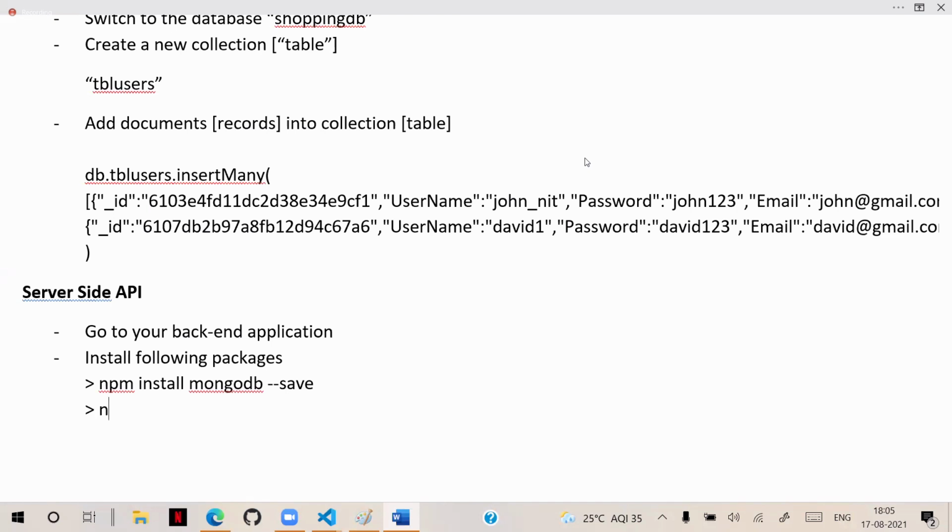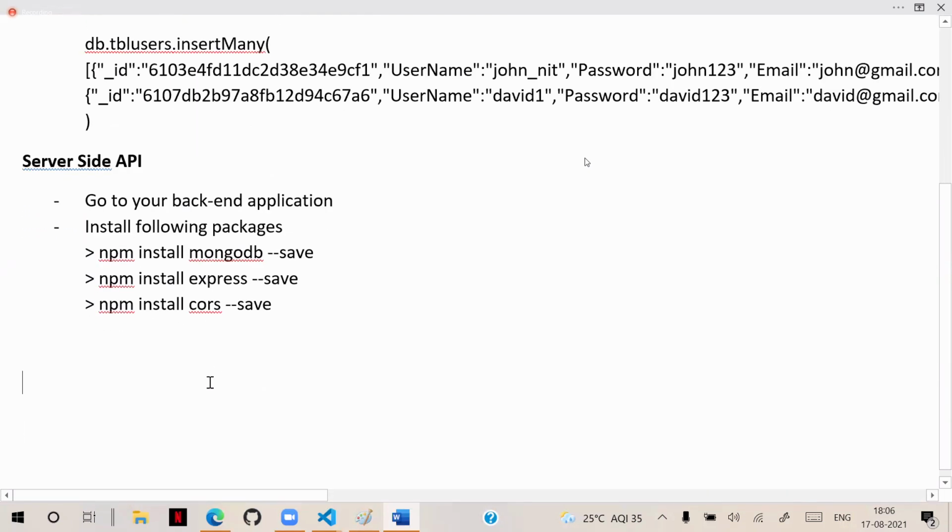Next, npm install express, with save. If you have already installed it, no need. And another, npm install cors. CORS is also required. These are the initial packages that you need: MongoDB, Express, and CORS.